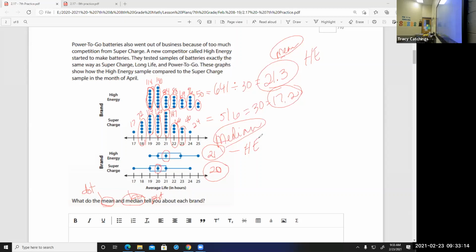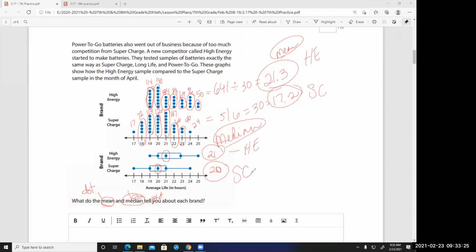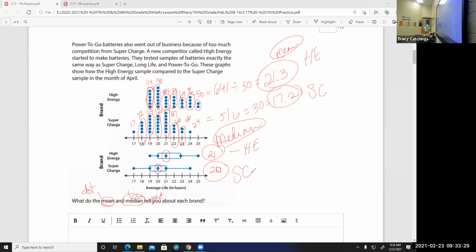Now look at supercharged. What's the mean of supercharged? What's the median of supercharged? What does that tell us about the data? Most of the points are around what number? 17 and